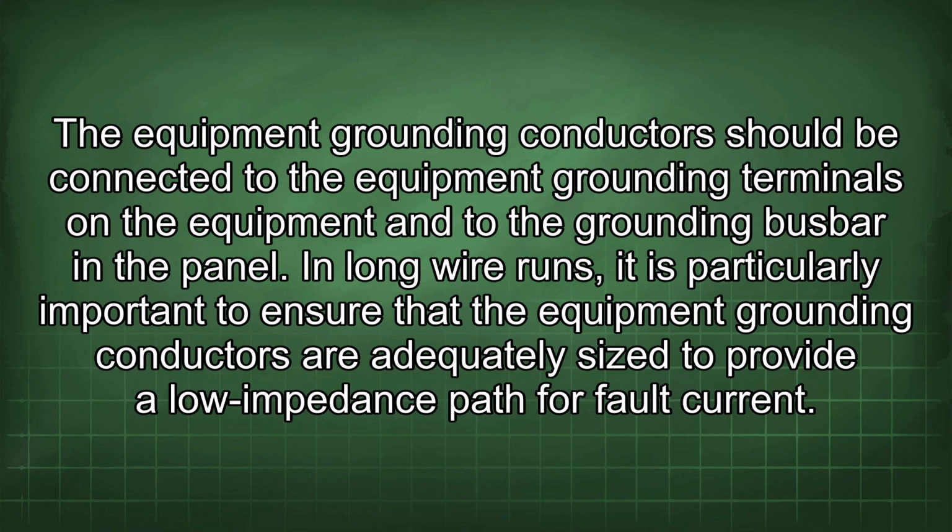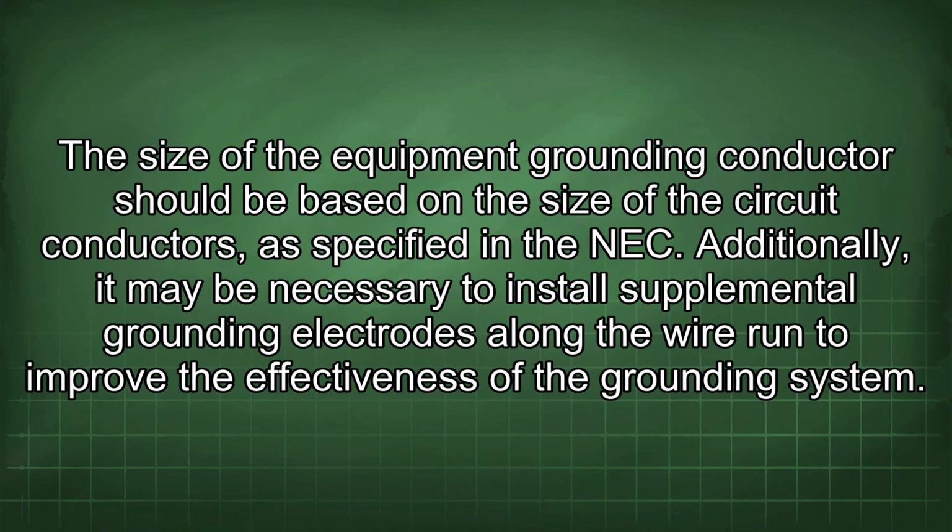In long wire runs, it is particularly important to ensure that the equipment grounding conductors are adequately sized to provide a low impedance path for fault current. The size of the equipment grounding conductor should be based on the size of the circuit conductors as specified in the NEC. Additionally, it may be necessary to install supplemental grounding electrodes along the wire run to improve the effectiveness